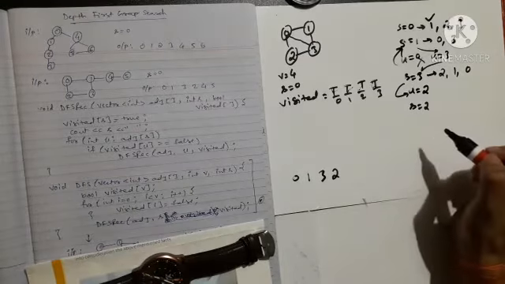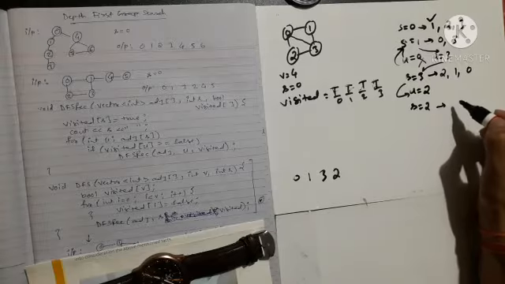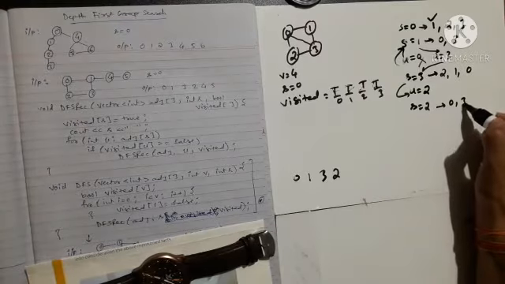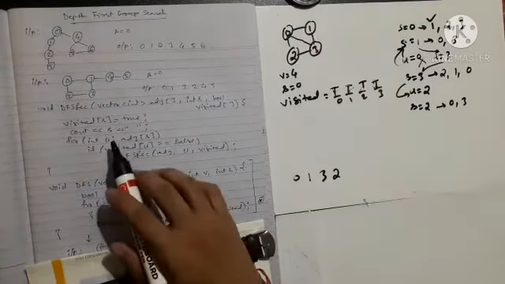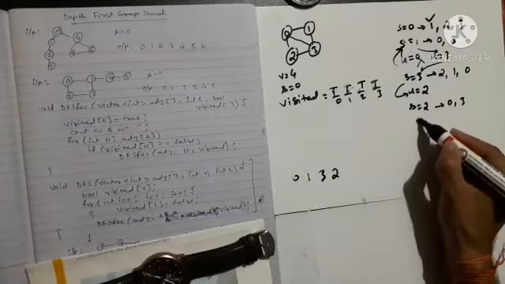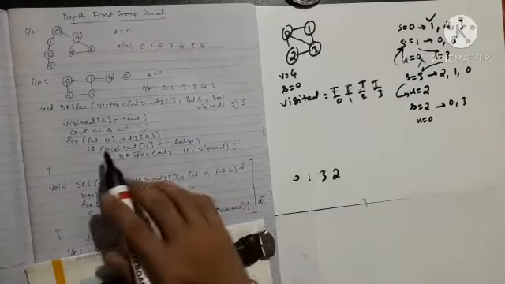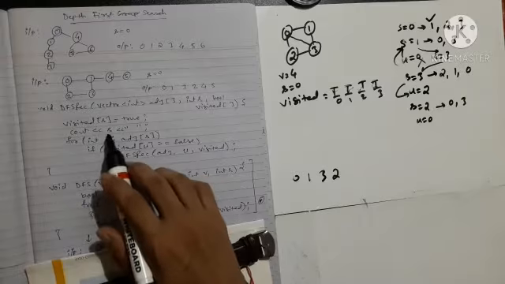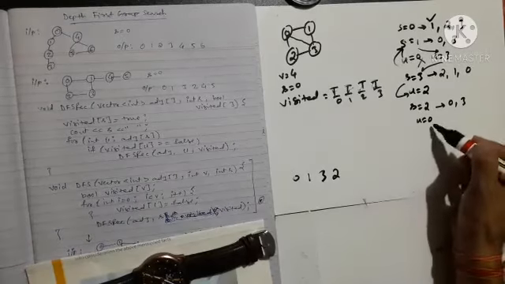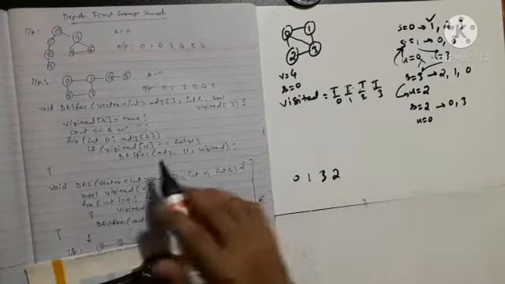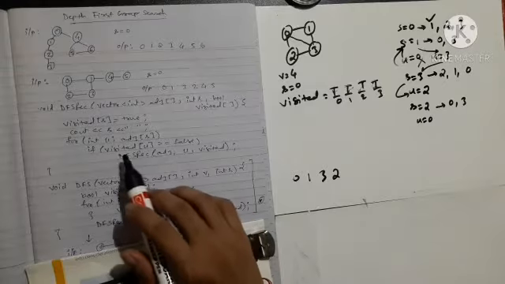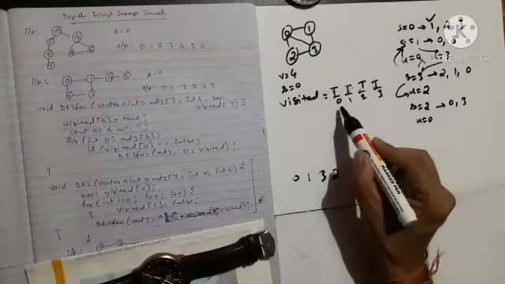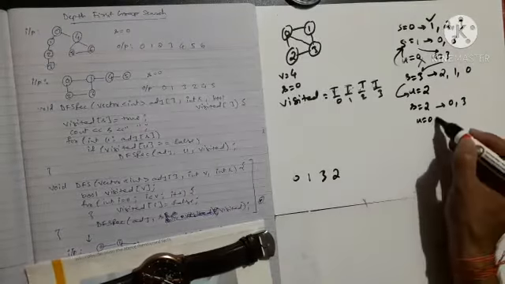Now s is equal to 2. What are the neighbors of 2? The neighbors of 2 are 0 and 3. You can check it. Now in u I am taking the neighbors of s, basically s is 2, so I am taking the neighbors of 2 as 0. But if you see here, visited of 0 is not false, it is true, so I will not enter into this.